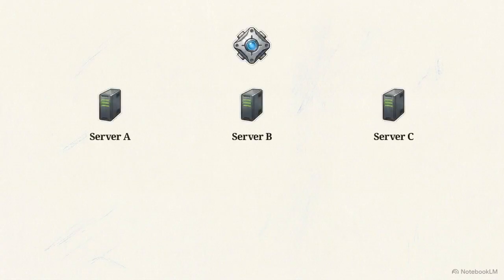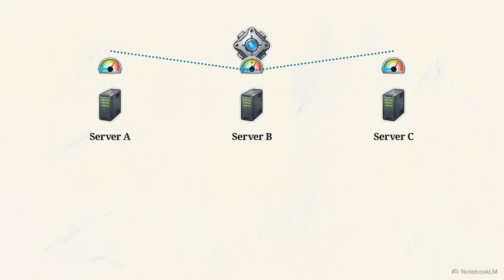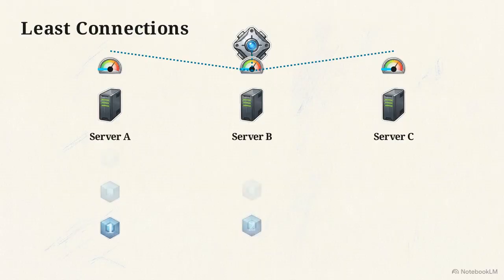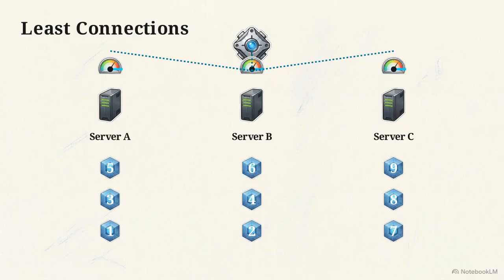Dynamic load balancing adapts to those unpredictable workload fluctuations. Instead of following a blind sequence, it actively queries the compute nodes to gather real-time state information. One of the most effective dynamic methods is the least connections algorithm. It evaluates the entire cluster and deliberately routes the next incoming request to the server currently managing the lowest number